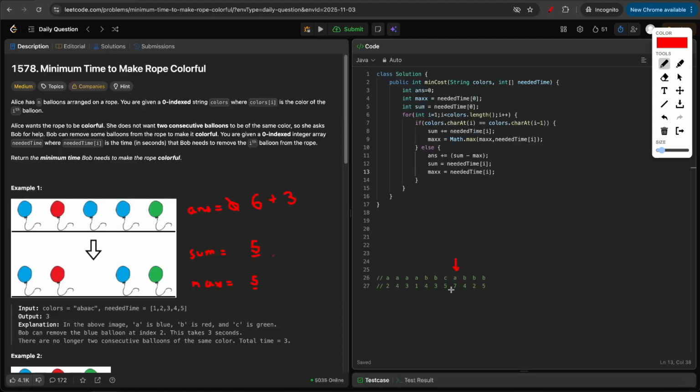So 0 indicates for C, you only have one element, so you don't have to delete any of the value. So the answer remains the same. And you will again reset sum and max to store the values for the current color, which is A. So sum will be 7, max will be 7. Now again in the next iteration, you will be at B,